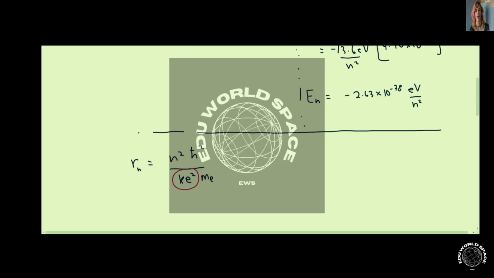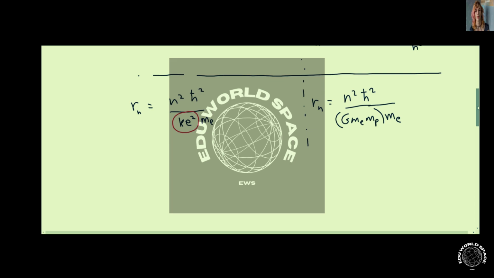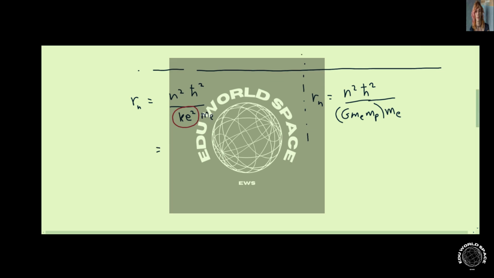Gravitationally speaking, we should be able to just replace that with our gravitational placeholder. And the mass of the electron shows up twice. But furthermore, we can evaluate this. We know that for the Bohr atom, this is